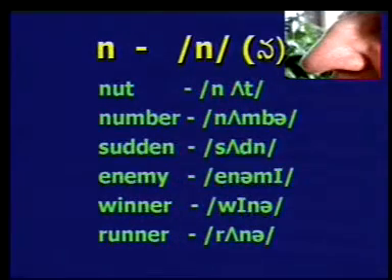The next sound in the sequence of the nasal consonants, that is N. N also is same as the symbol. The symbol and the alphabet are related to each other, and this is equivalent to the sound na in Telugu alphabet. So we see the N in the initial position, nut, number, and then sudden, N in the ending position, enemy, N in the middle position, winner, W-I-N-N-E-R, winner,